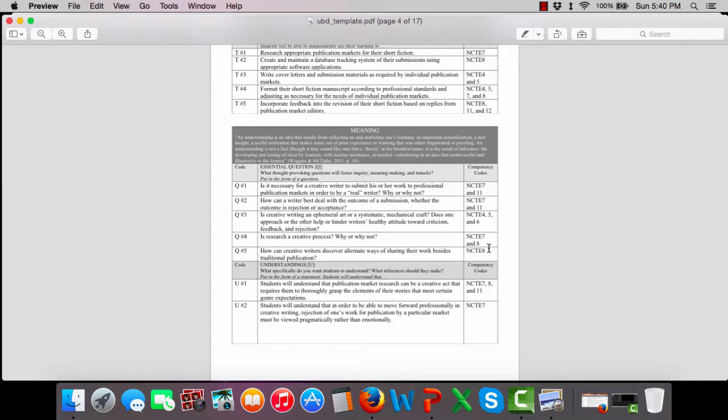So as an example, the first essential question listed for this specific unit is: is it necessary for a creative writer to submit his or her work to professional publication markets in order to be a quote-unquote real writer? Why or why not? So as students would do this unit based on the concept of submitting their work for